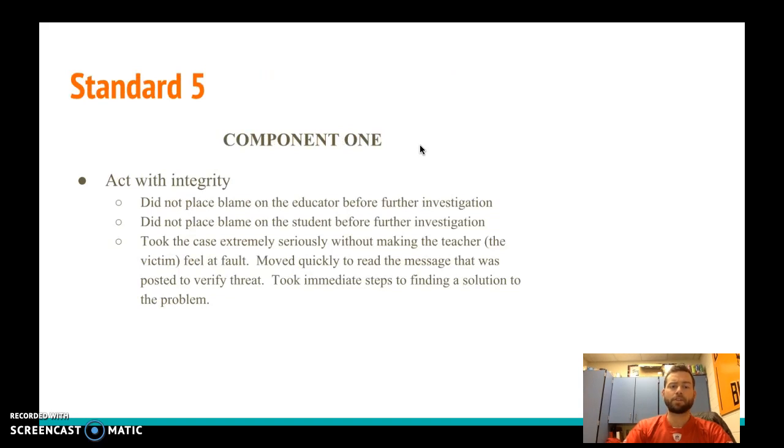Standard 5, first component, active integrity. I think that Dr. Smith did a good job because he did not place blame on the educator before further investigation. I've been in a workplace before where your boss is, I worked at a country club, and the boss would always take the side of the member before the side of the employee right away. And I think that's dangerous because you can lose your employees that way, or that relationship between you and the employee. So I think Dr. Smith did a great job and did not place blame on the educator,